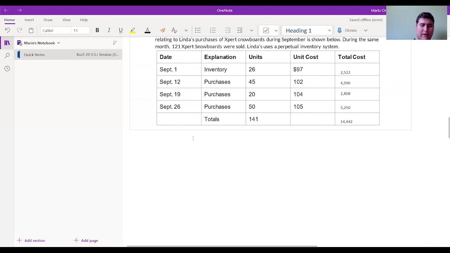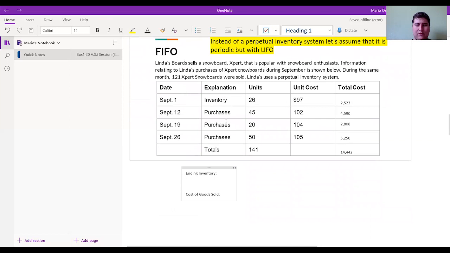So again, here we want to find ending inventory and also our cost of goods sold. As we said in the previous iteration of this question, we have 20 units left in our ending inventory. And much like we did with the previous one, we can, instead of